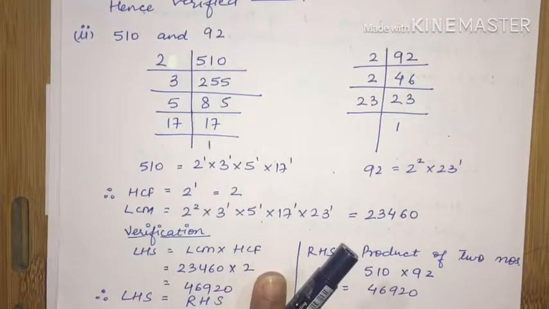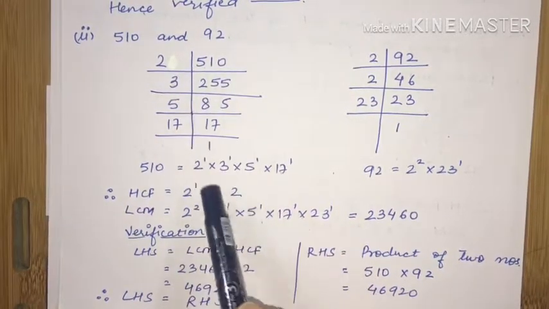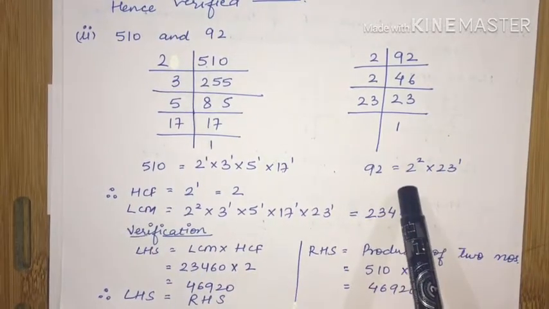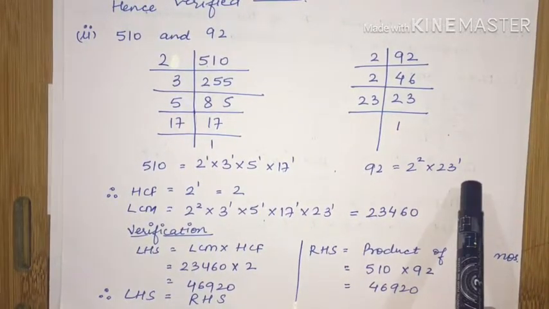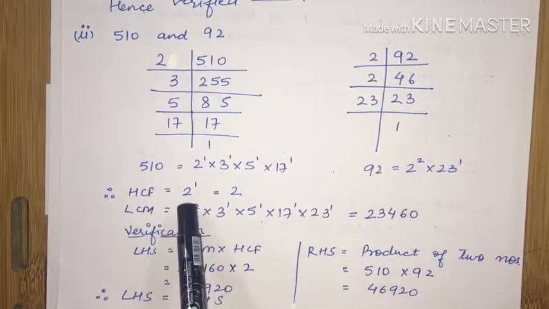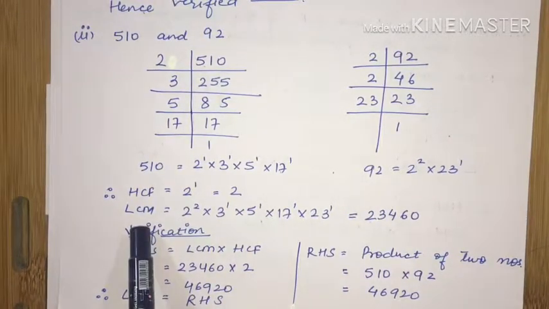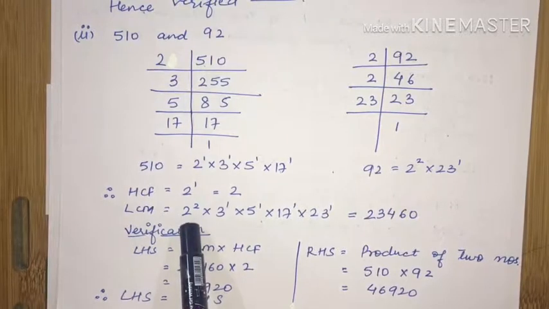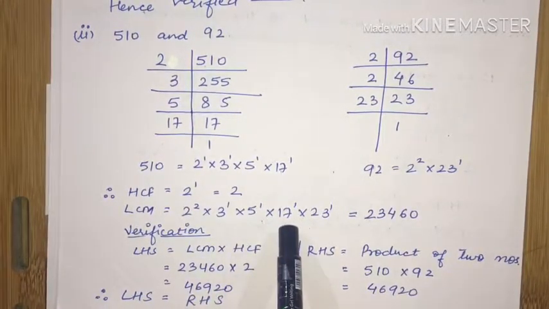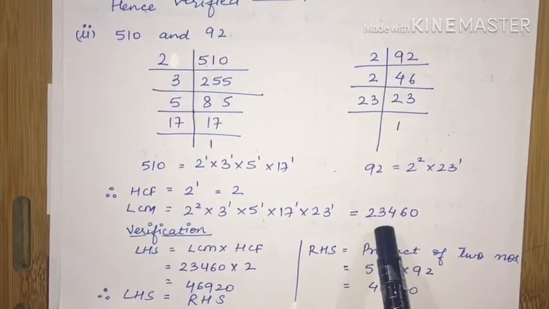510 and 92. We'll find the factors of 510, which is 2 into 3 into 5 into 17, and 92 is 2 raised to the power 2 into 23 raised to the power 1. So the HCF of both the numbers is 2 raised to the power 1, which is equal to 2. The LCM of both the numbers is 2 raised to the power 2 into 3 raised to the power 1 into 5 raised to the power 1 into 17 raised to the power 1 into 23 raised to the power 1, which is equal to